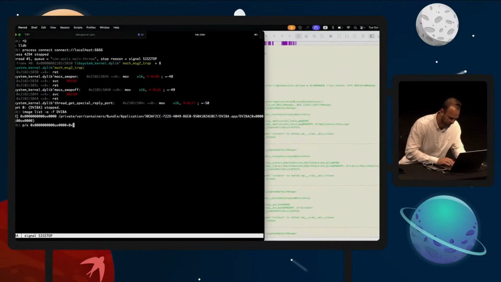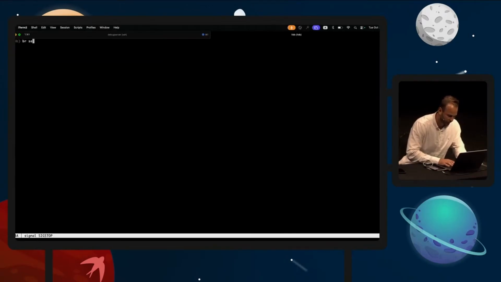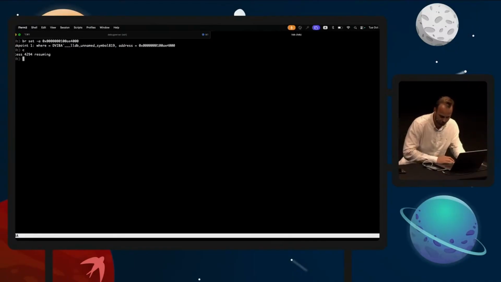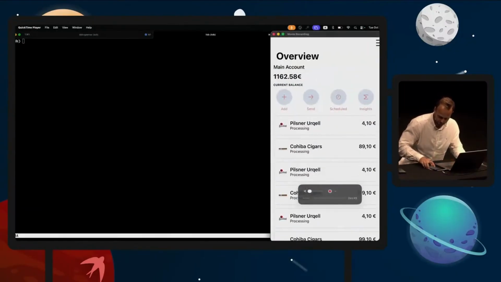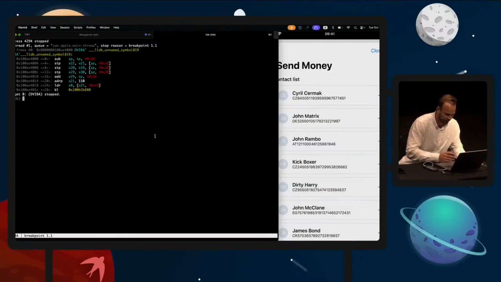So I'm going to calculate those two addresses together. Now I'm going to set a breakpoint, so breakpoint set on address. We got a hit, so that means that we are actually setting a breakpoint on a valid address. Now if we continue, and if I go back, and I tap send, then I'm here in the debugger.